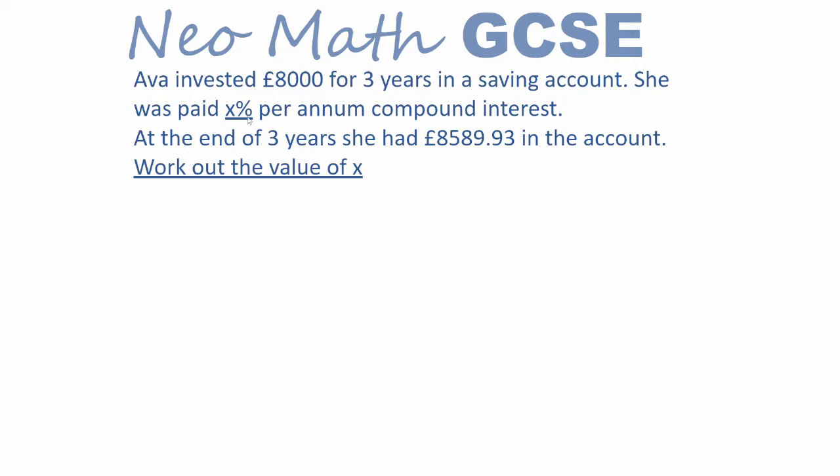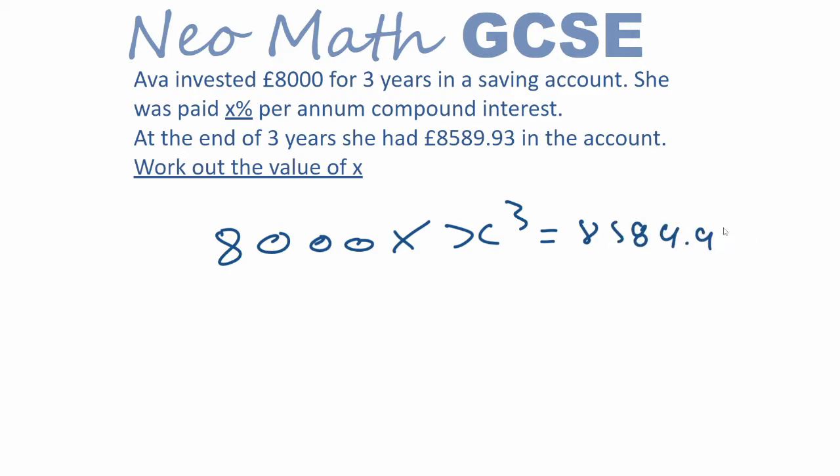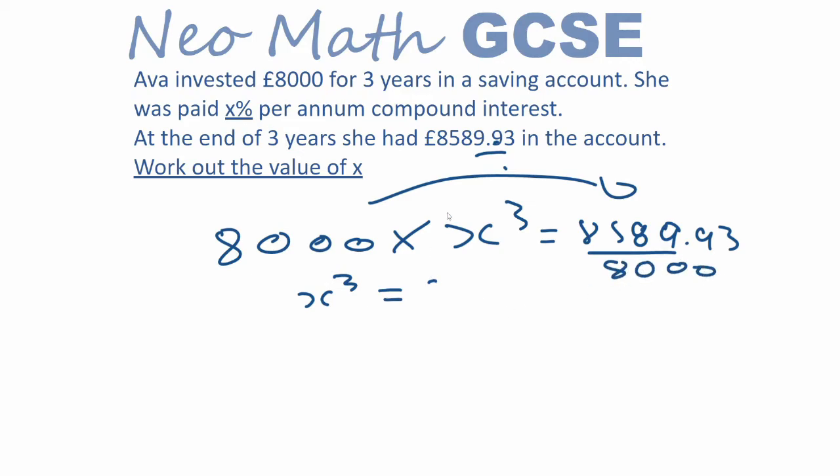Next question here, we're working out the percentage that was paid in compound interest, so the actual rate. So we've got 8,000, and we don't know the value of the interest rate, so we're just going to put times x, and that's to the power of 3 is equal to 8,589.93. So all we're going to do here is rearrange, so that's going to be divided, and that will leave you with x cubed is equal to that divided by 8,000, and if you do that on your calculator right now,